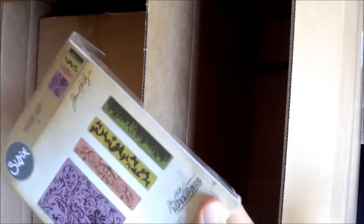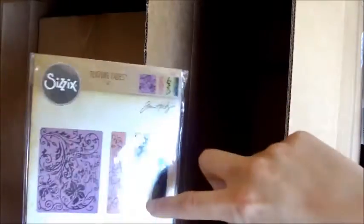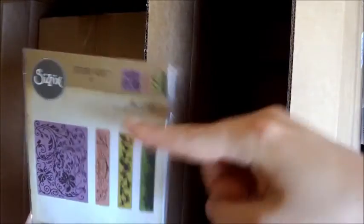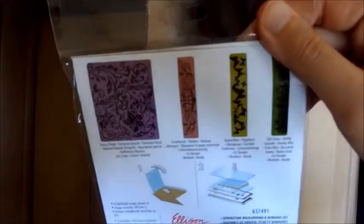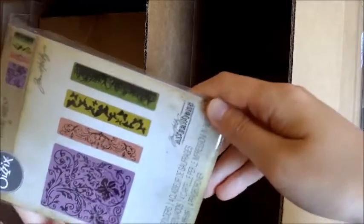Then another Tim Holtz one, the Embossing Folders, Texture Fades. I like the look of that as well. Oh, look, more butterflies. And grass as well, that'll be useful. This is springtime background and border sets, so I guess this one is background and these are just borders, which